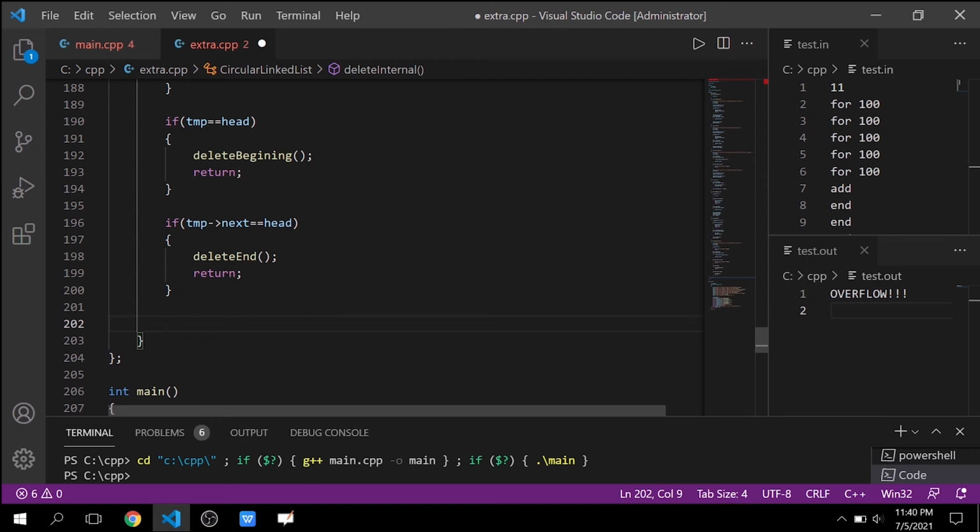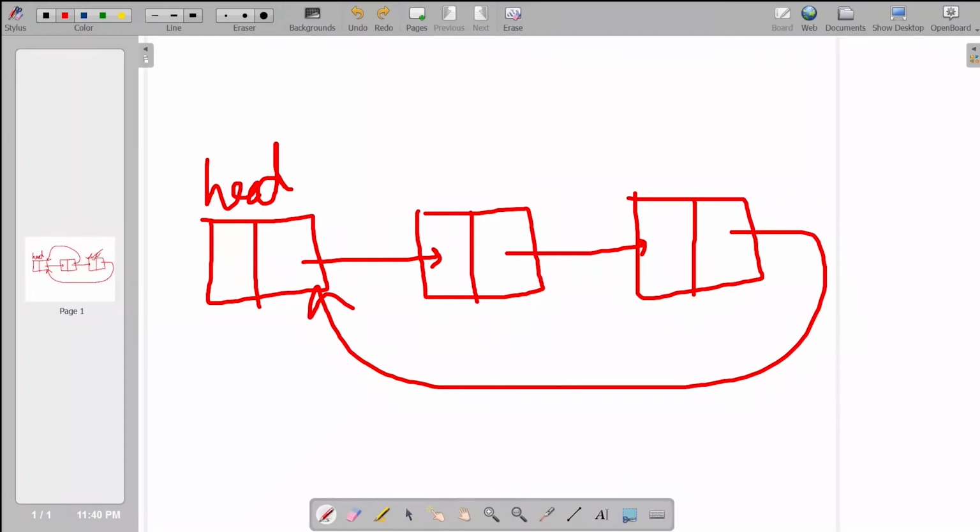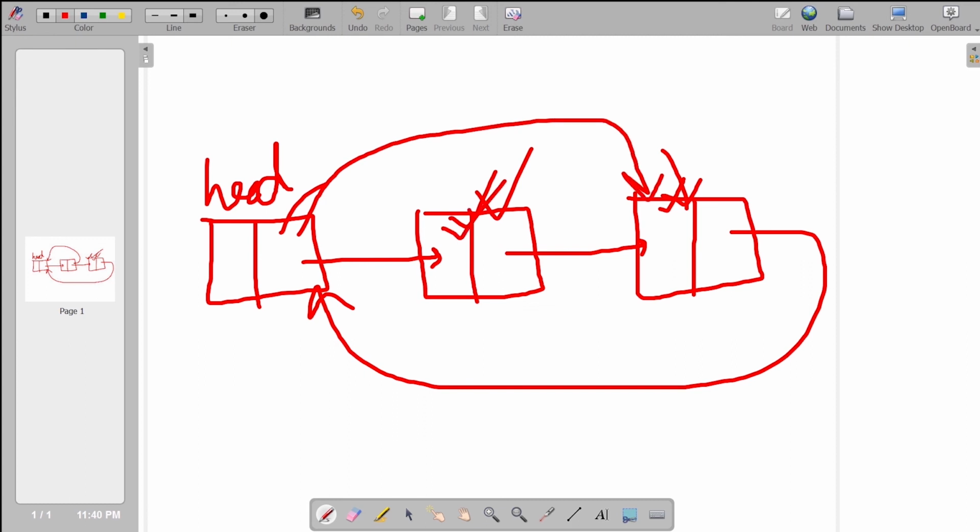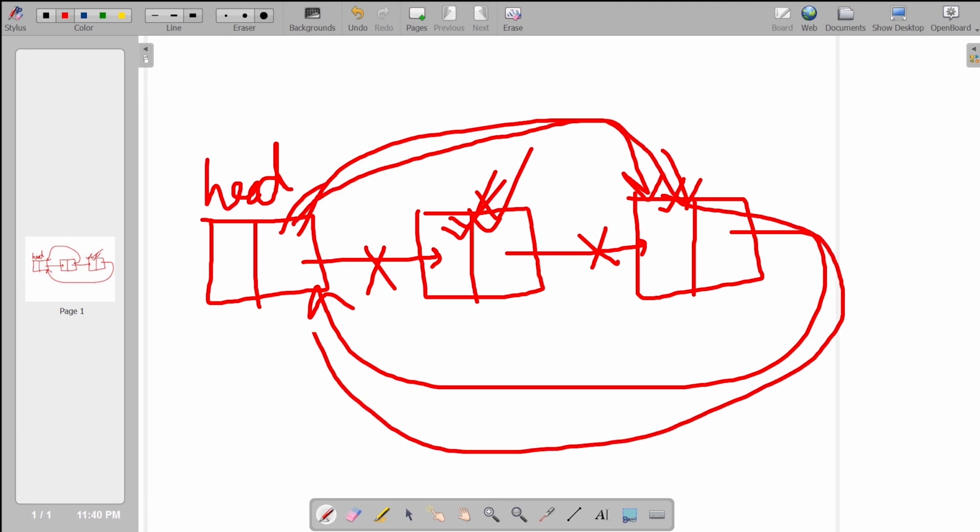So then, what to do to delete this node? Suppose this is the circular list. We have to delete this node. This lies at an internal position, right? For that, we have to link the previous node with the next node. We have to give the address of the next node into the next pointer of the previous node. So then we will delete this node, and this link will also be cancelled out. So then the circular list will be completed, right?